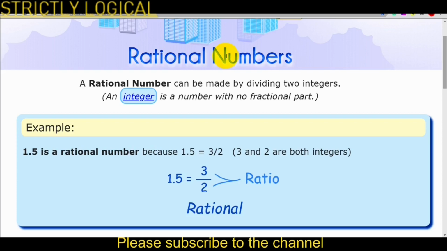math. These numbers are in the form of p by q, where p and q can be any integer and q must not be equal to 0. Most often people find it confusing to differentiate between fractions and rational numbers because of the basic structure of the numbers, that is the p by q form. But actually fractions are made up of whole numbers while rational numbers are made up of integers as a numerator and denominator. Let's learn more about rational numbers in this video.